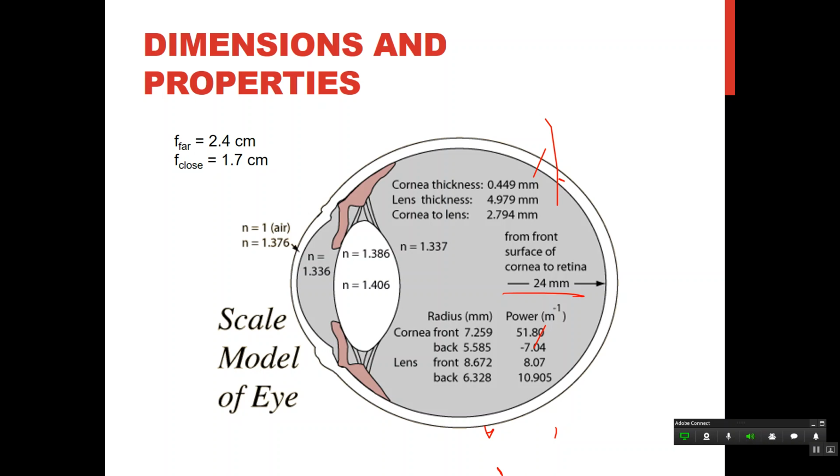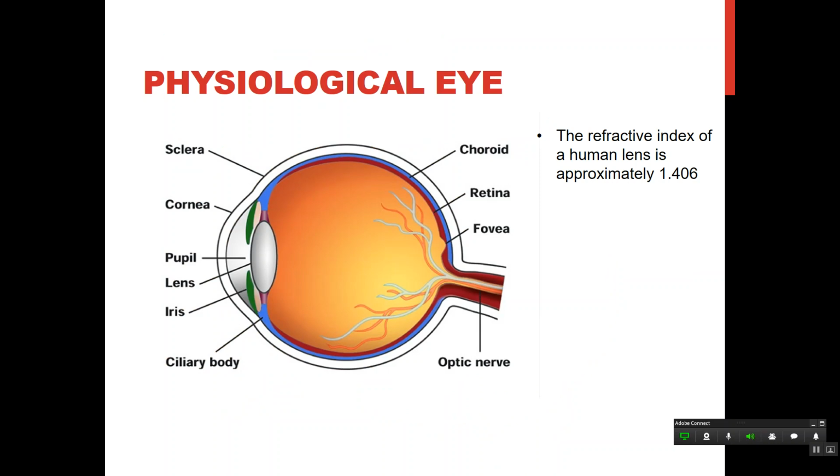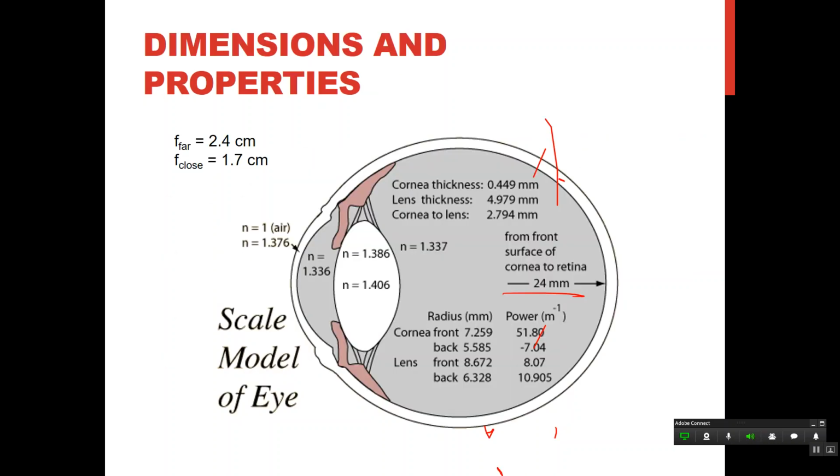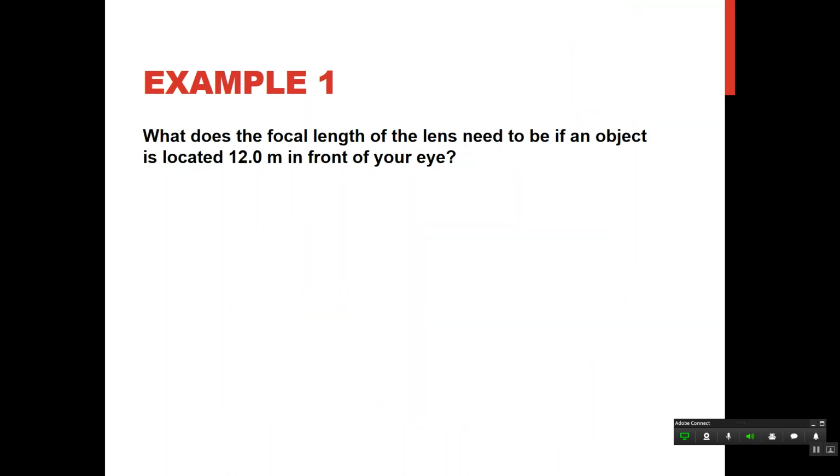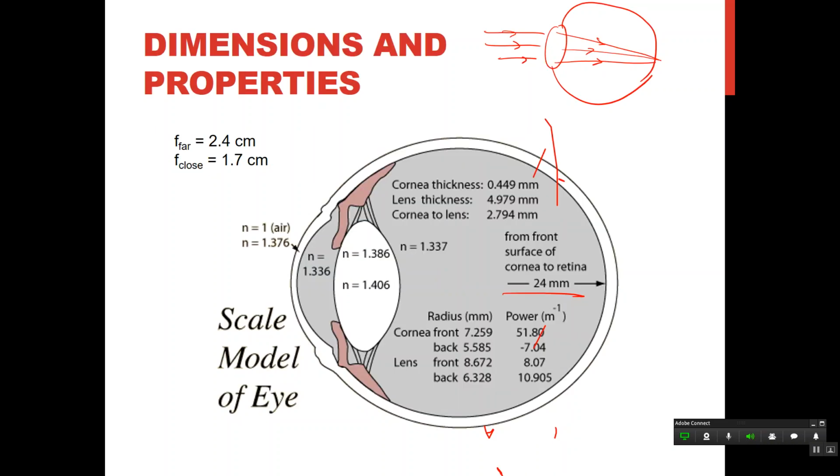Okay. So when light is coming in from, let me draw a little. I'll draw a side. If light's coming in from far, the light rays come in parallel, right? And here's your lens and your eyeball, right? You need to converge these so that the light rays end up on your retina in the back of your eye. Okay? If they don't converge at the back of the eye, then you're not seeing a clear image. There's a visual impairment there. Okay? When you're looking at an object that's close,